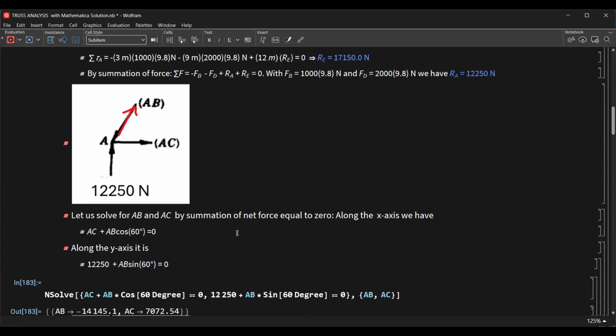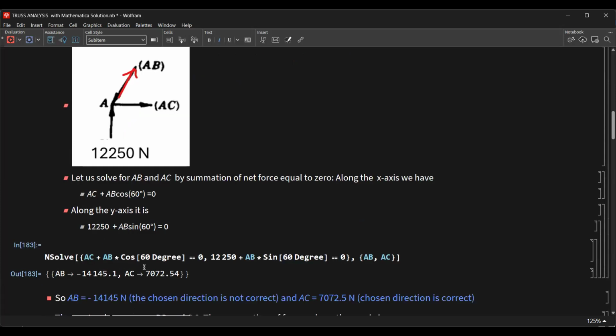So let us solve for the forces AC and AB here. Along the x-axis, AC plus AB cosine 60 degrees equal to 0, and along the y-axis, it is 12,250 plus AB sine 60 degrees. So we follow the direction of the vector here. By using Mathematica, we are going to solve these two equations, this equation and this equation. So the answer is AB here is